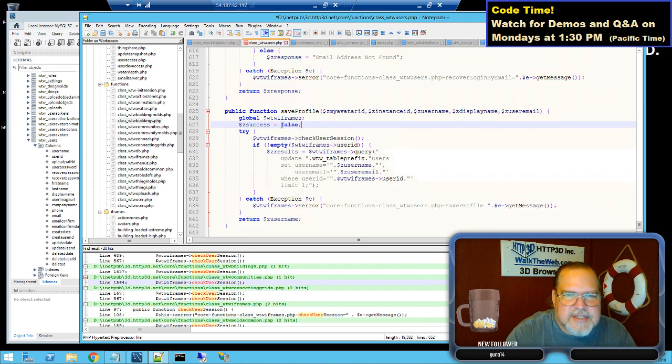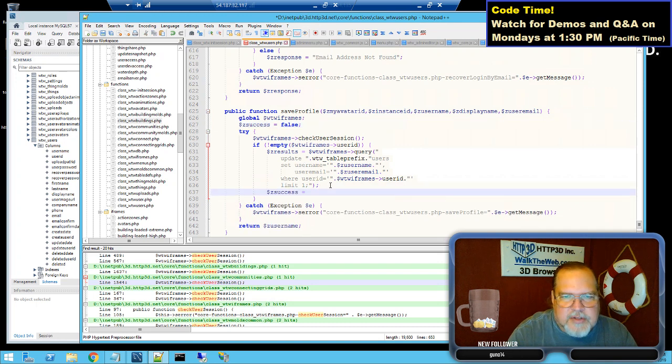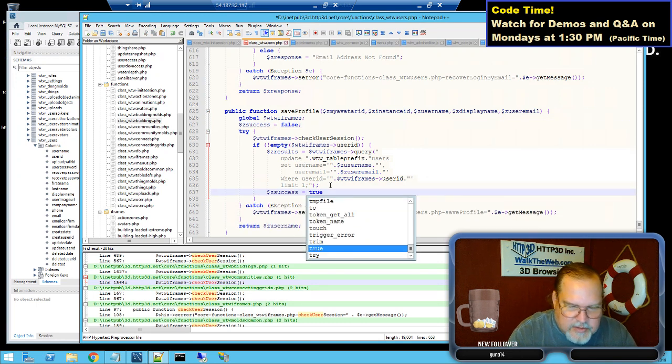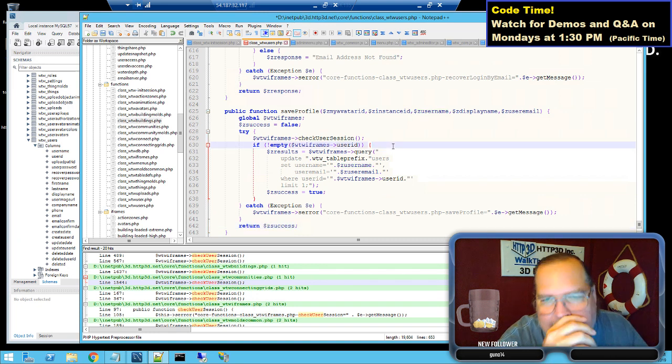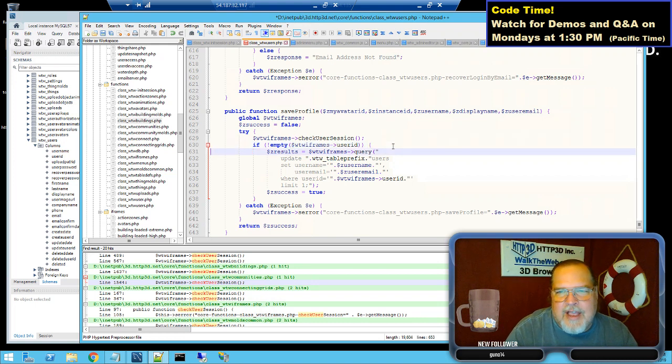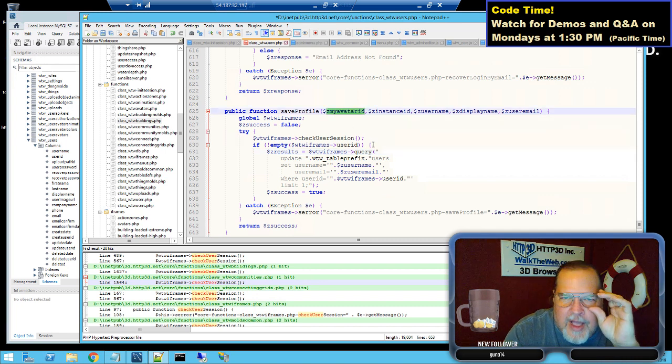We're using this z success, and if it did this step, we're going to assume it went okay, and then we're going to return basically a true. It's a Boolean. Okay, so now the other thing is, now that I know the user's logged in, I update this here, but it's a little trickier about this one. So I want to make sure, first of all, if this is not blank,